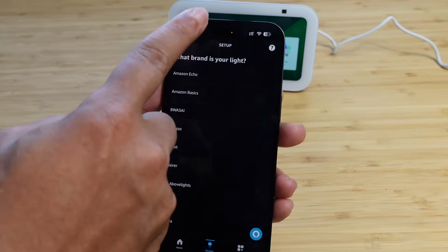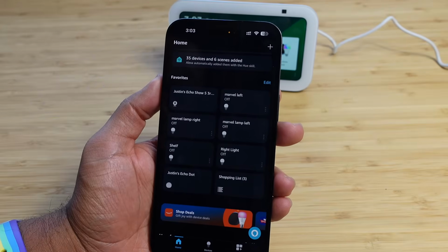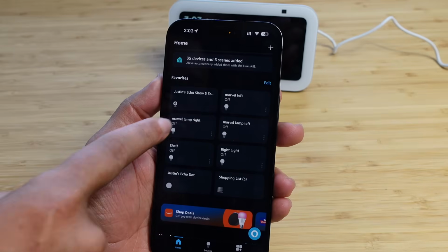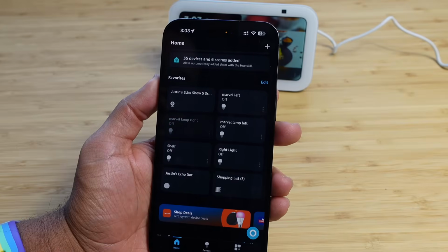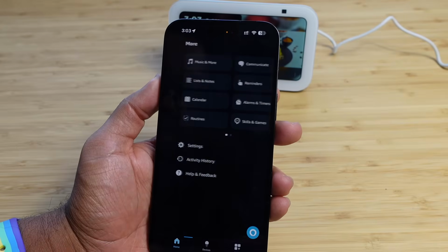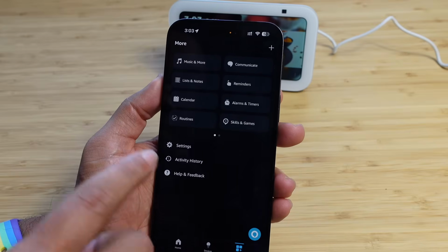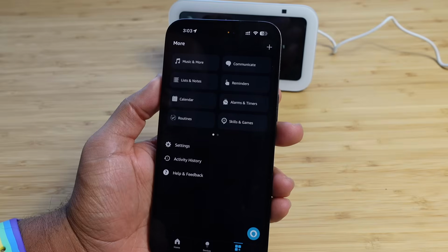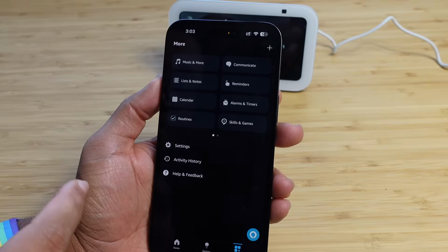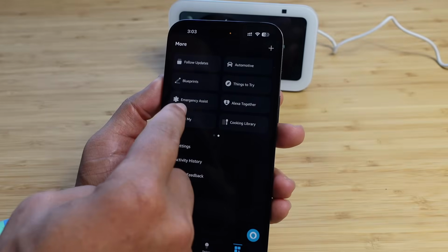So I've already connected all of my different lights here, so they're already set up right here inside of the Alexa app, and it's really handy that I can come in here, I can turn on the light just by tapping it just like that, or I can turn off a light just like that using Alexa. I can go over to the More section, and we'll go over here. More is where I get all of the settings and all the different devices that I can remotely access on the Alexa right here. You can see as you swipe around, there's tons of different options that we have,